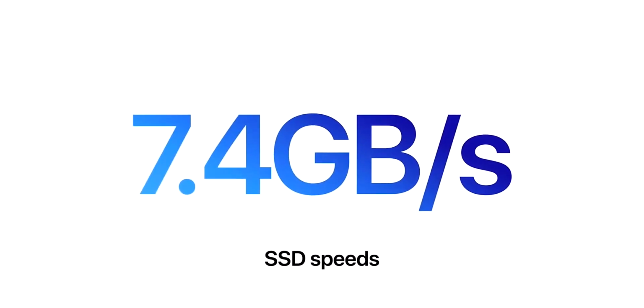But the new SSDs are 7.4 gigabytes per second, and that's over twice the speed of the past SSDs that they had. I think it's worth it, and hopefully I could use the internal storage when editing and then dump the footage onto an external hard drive after. Yeah, that's my hope. And then the unified memory, I'm sure the 32 gigs is absolutely beast and huge, and